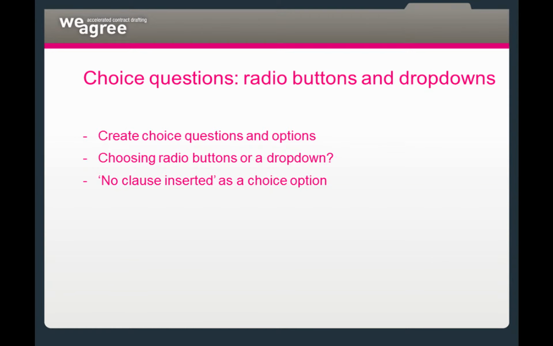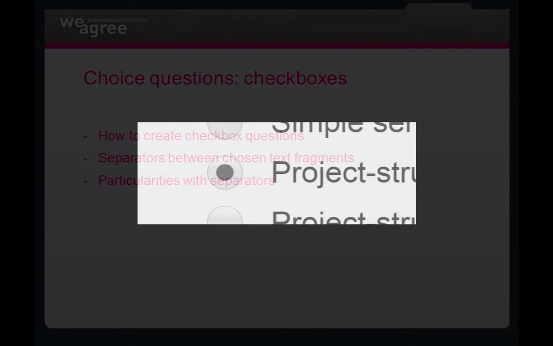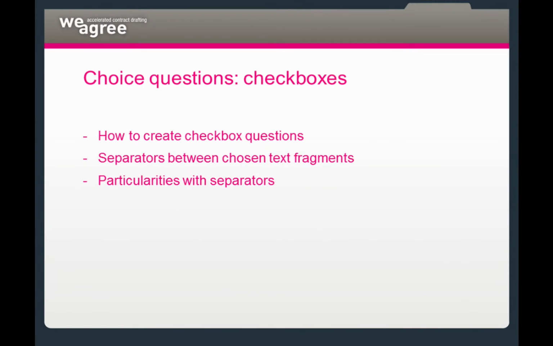When you build your questionnaire, you have quite some Q&A tooling at your disposal. Most of it works entirely intuitively, and we therefore demonstrate these tools in the general introduction video tutorials. To get the most out of your questionnaire, you may need to do a lot of tailoring through choice-style questions, namely radio buttons, drop-downs, and checkboxes. In large complex contracts, this may be inevitable, as choice-style questions are an important instrument to tailor the resulting contract